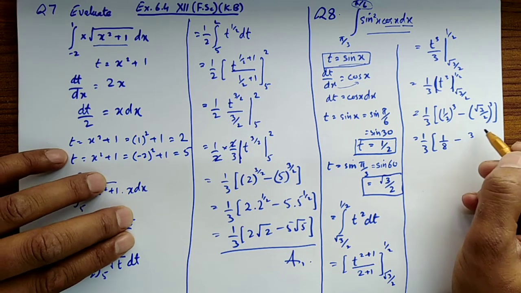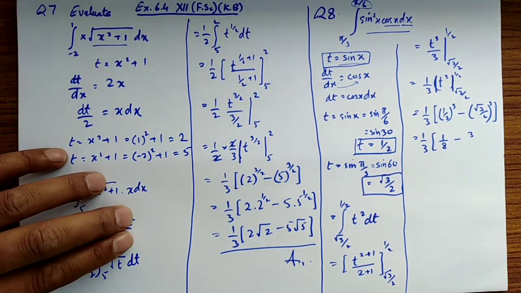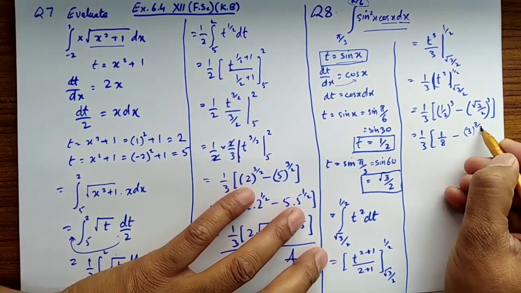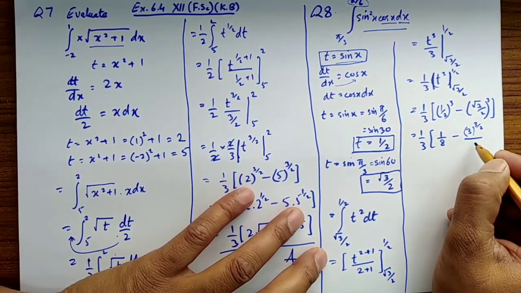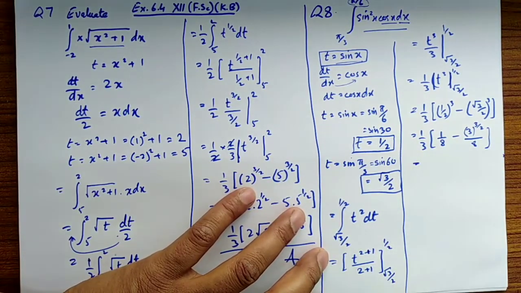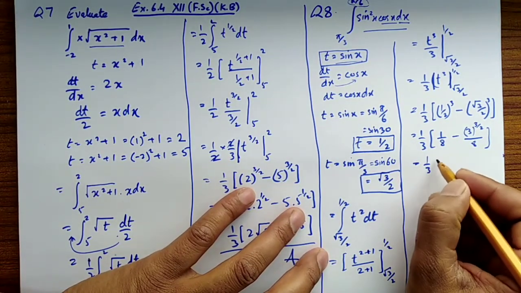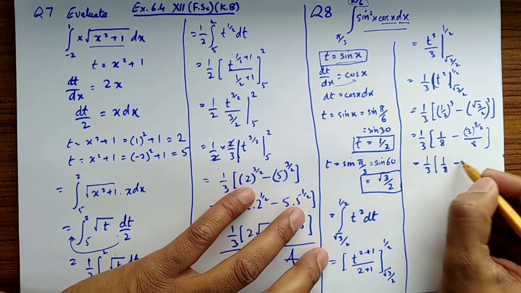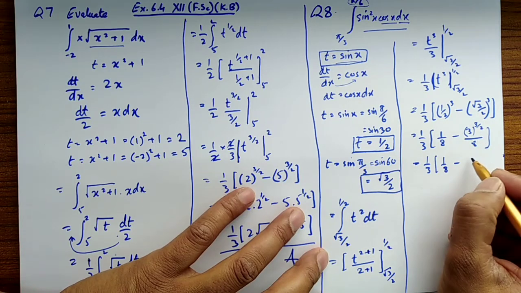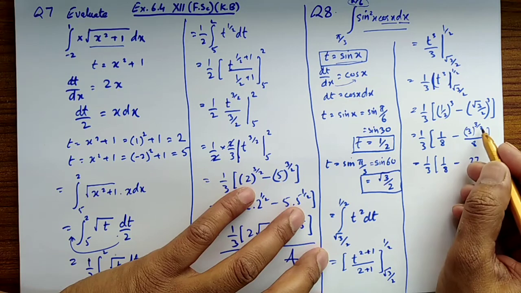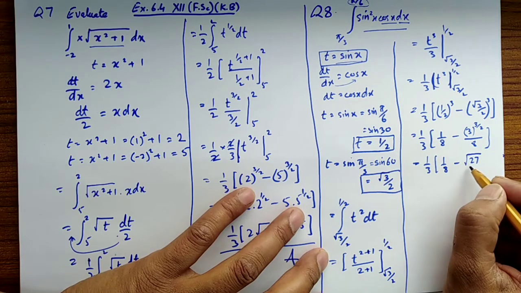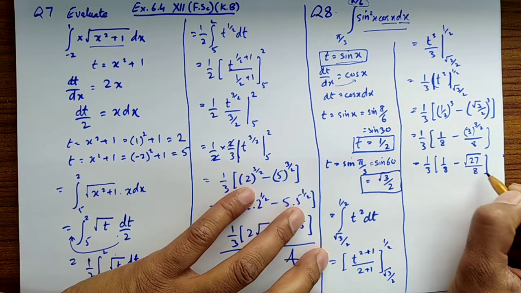If you take the cube here, this will give you 3 whole power 3 upon 2 upon 8, right? So further simplification could be possible, like 1 upon 8. Now in place of this 3 whole power 3 upon 2, I'm going to apply this power 3 here, that gives me 27, and write this 1 upon 2 in form of square root divided by 8, right?